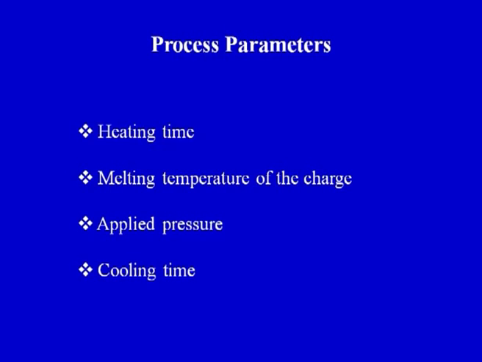Second is the melting temperature of the charge. That is one of the important points which always has to be kept in mind, that is the properties of the raw material. There may be some raw materials which may not render themselves suitable to be transfer molded. So we must keep in mind the melting temperature of the polymer that we are going to use as a raw material for making a product by the transfer molding process. An important point to note is for how long we should heat the polymer charge, what are the important properties of the polymer that we are using, then how much pressure should be applied, and finally